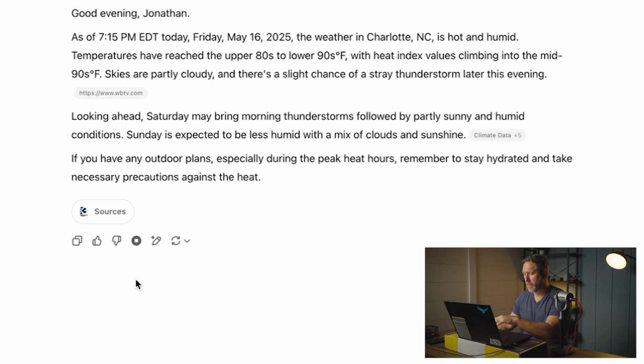Good evening, Jonathan. As of 7:15 p.m. EDT today, Friday, May 16th, 2025, the weather in Charlotte, NC is hot and humid. Temperatures have reached the upper 80s to lower 90s degrees here, with heat index values